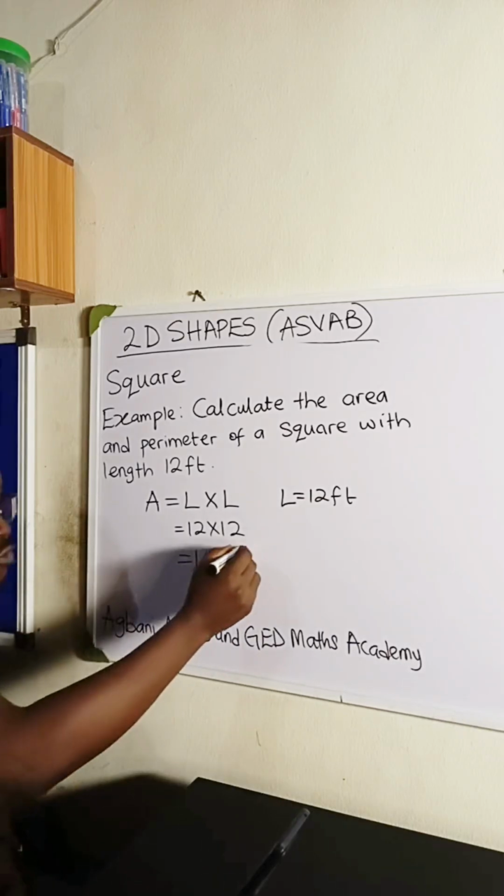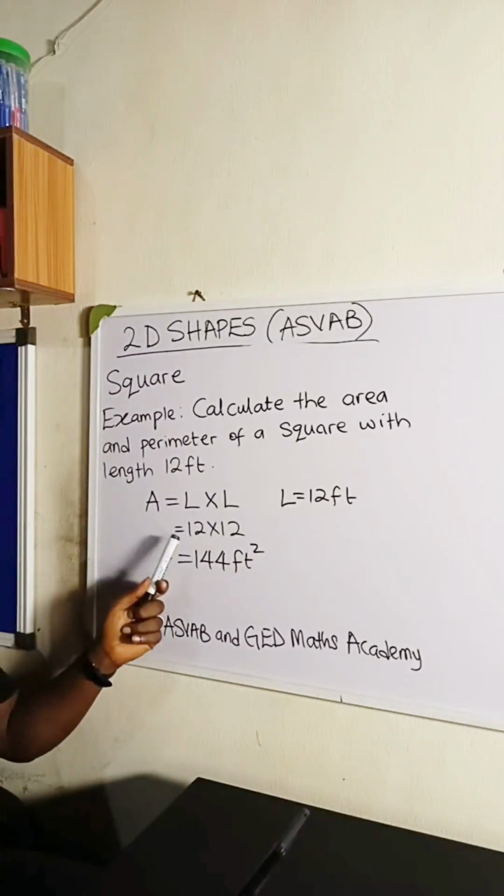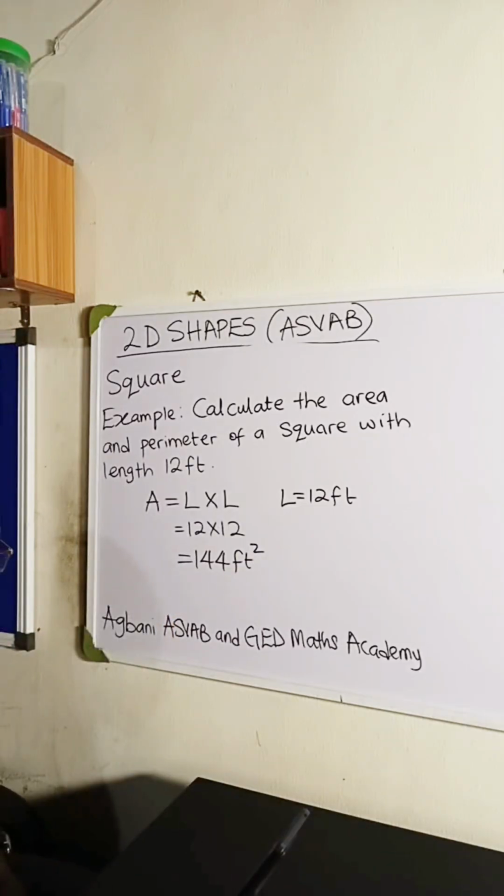Square feet, sorry. So the area of the square is 144 square feet. And then the perimeter